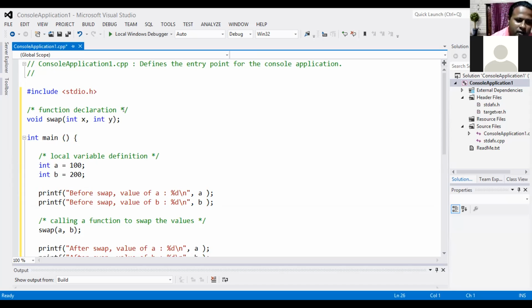Now it is a work of stdio.h, like we are swapping the number. Void swap int x and y. Then int main, int a is equals to 100, int b equals to